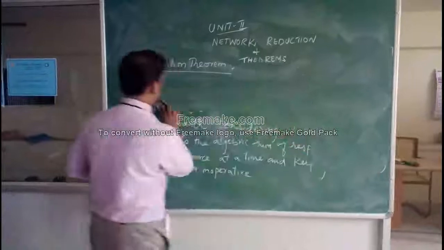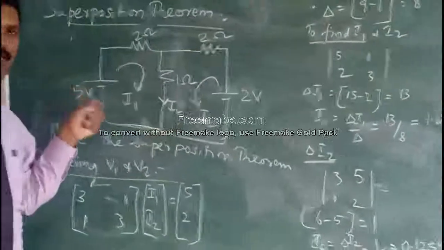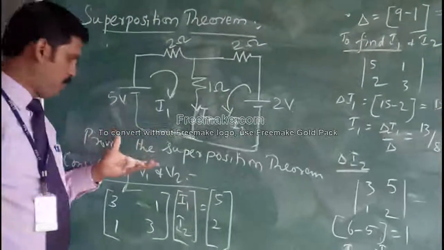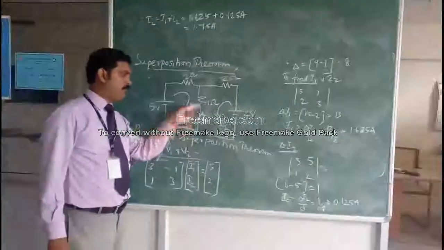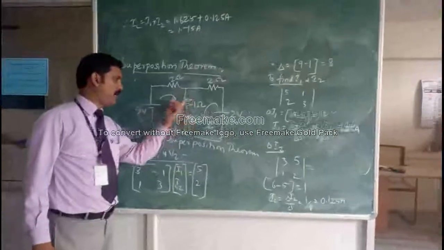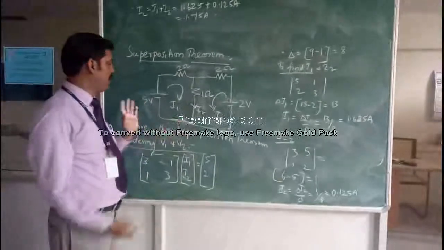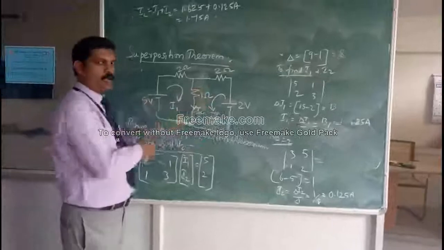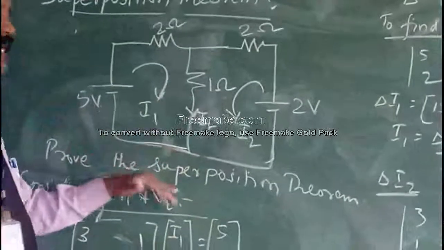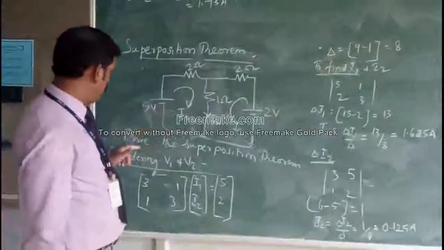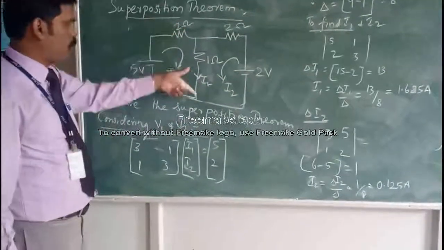Let us take one circuit. Now I have shown you a simple circuit, and we are going to solve it using superposition theorem. The question is to prove the superposition theorem, and they have shown which branch current we have to consider. You can see here I have to find the current flowing through IL. The statement is very clear: considering both sources, I find the current, then considering one source at a time, I find the currents and add them. If those two are equal, then the theorem is proved. Correct? So first I am going to consider both sources and find the current flowing through this 1 ohm.